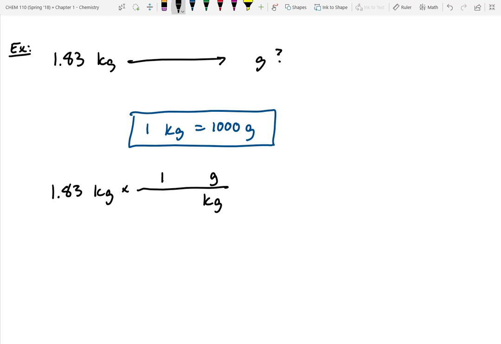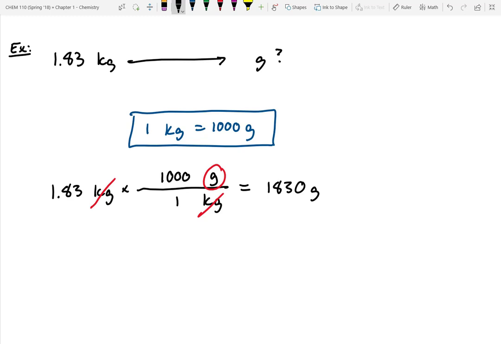We saw that in our conversion. Doesn't matter if it's right side up or upside down, but it depends on the conversion you're trying to do, right? In this case, we want the 1,000 to be on the top. Okay, so now that we've done this, we can say kilograms are canceling out. We're left with grams as our desired unit. And our final answer, if we go ahead and write it out, would be 1,830